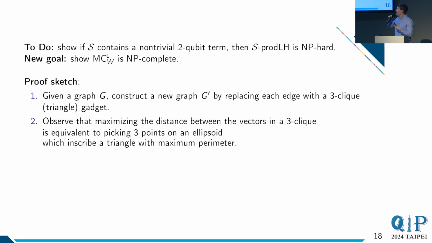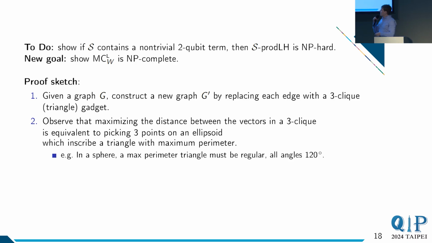So we can observe that maximizing the distance between the vectors in a 3-clique is equivalent to picking 3 points on an ellipsoid such that the inscribed triangle has maximum perimeter. Okay? So this geometric picture comes in handy. For example, in a sphere, the maximum perimeter triangle is going to have to be a regular triangle, right? So it has to have all,